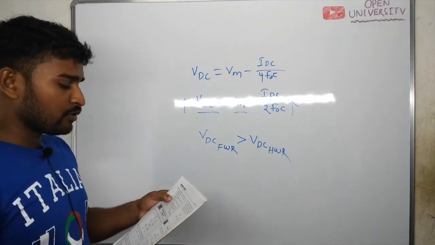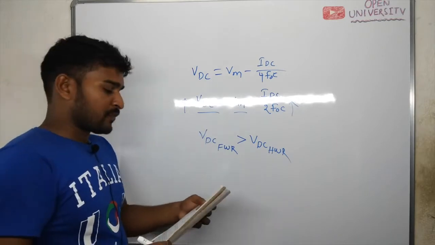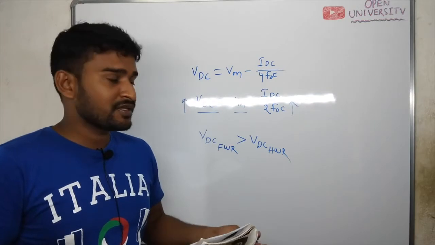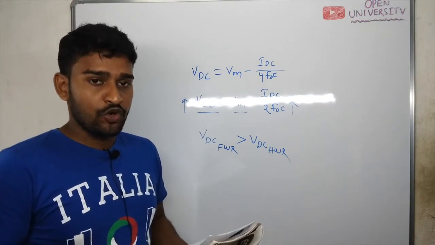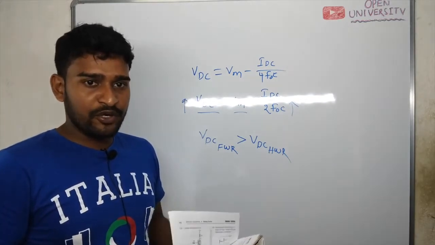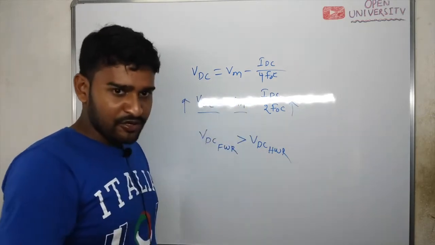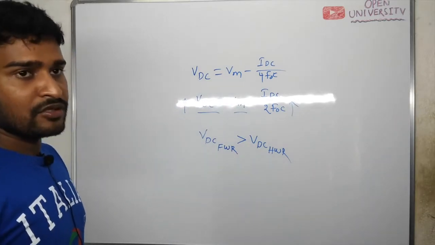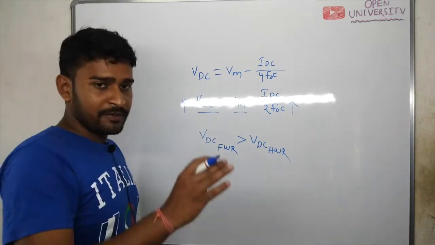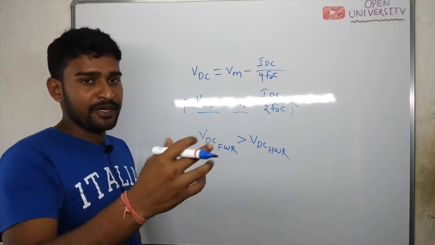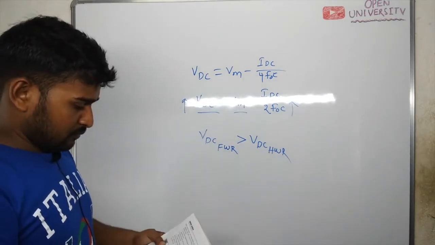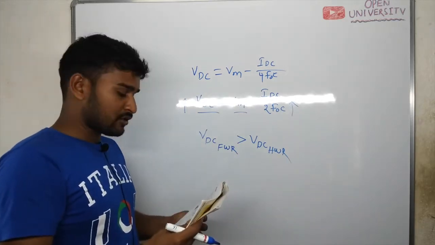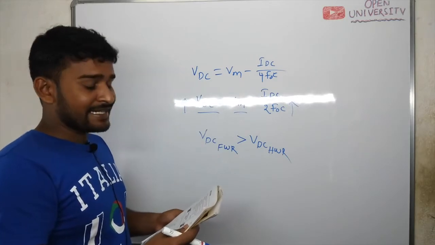Then the ripple frequency will be lower than its expected value. What is the ripple frequency of a full wave rectifier? It was 2 omega naught, and for a half wave rectifier it is omega naught. So the ripple frequency will also decrease, because the circuit is becoming a half wave rectifier with capacitor filter. So the ripple frequency will be lower than its expected value. That is also correct.